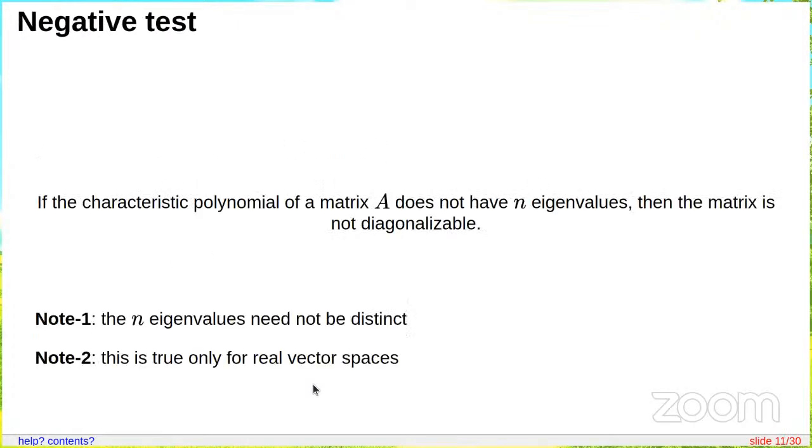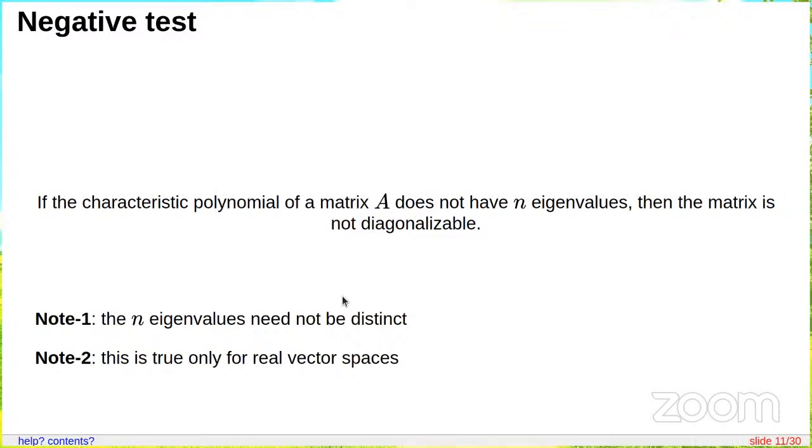Sir, one doubt I have. If the eigenvalues are fewer than 2, fewer than the size of the matrix, then it's not diagonalizable? For instance, lambda square minus 1, there are 2 eigenvalues, as I said. If it's a square matrix of size n, then there should be n eigenvalues. If it is less than that, then it's not diagonalizable. Yeah, if it has fewer than n eigenvalues, then